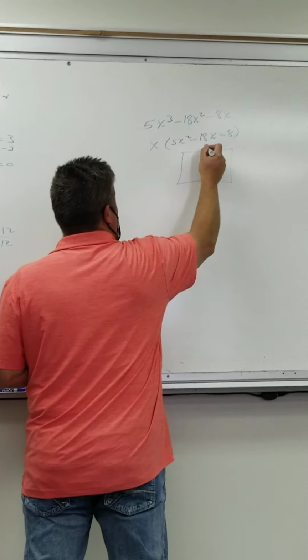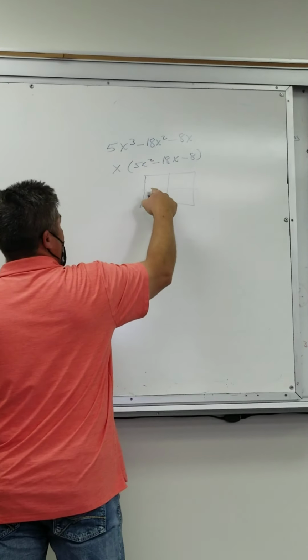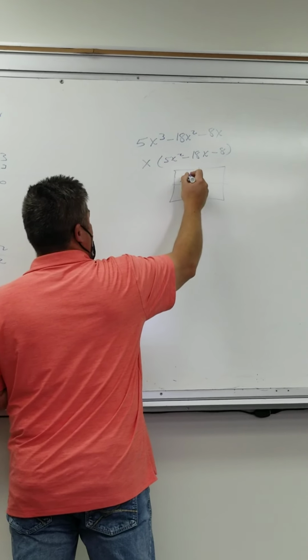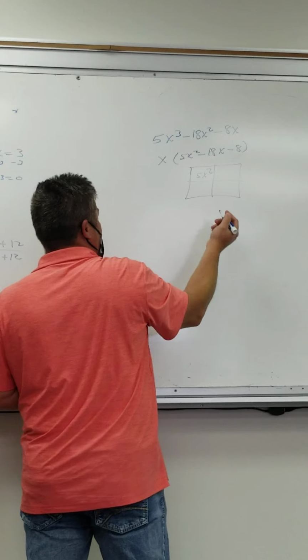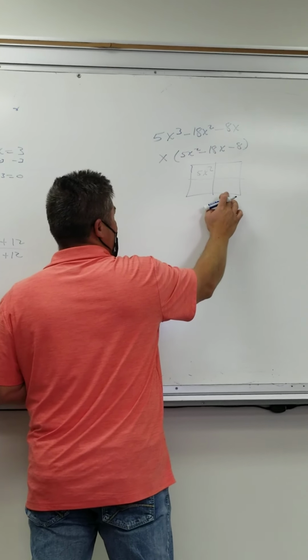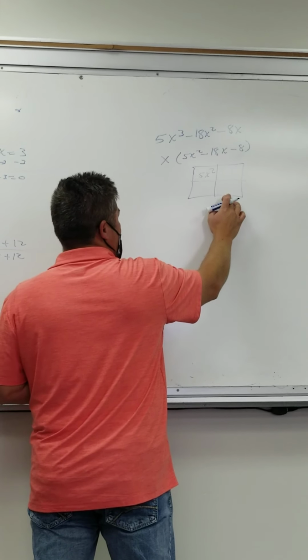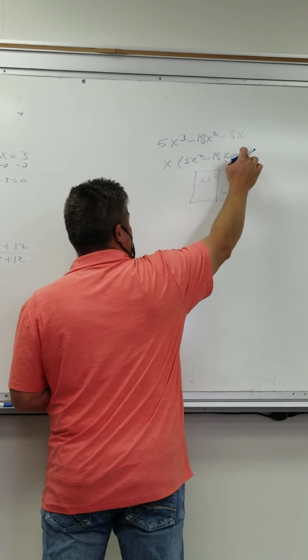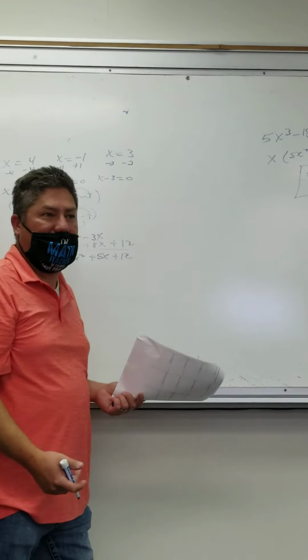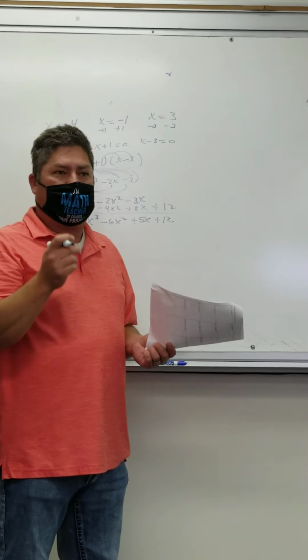So Jesse, what goes in this box right here? 5x cubed. 5x squared. Good. Plus C. Because we've already brought out the x. What goes in this box? Negative 8. It's always the first term in the first box, last term in the last box. Everybody got that? Okay,